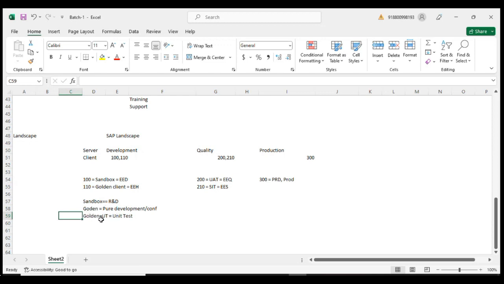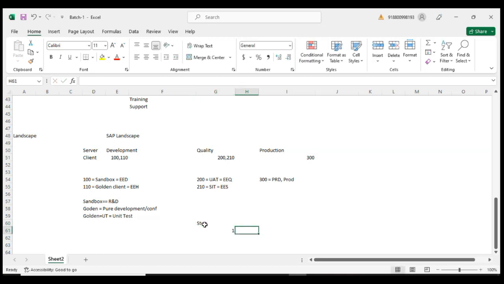So that test you will do yourself, and you will take screenshots if it passed. If it failed, you will also take a screenshot. What action is required, you will mention in those UT test documents, which is nothing but a spreadsheet format, wherein you have a step, say like